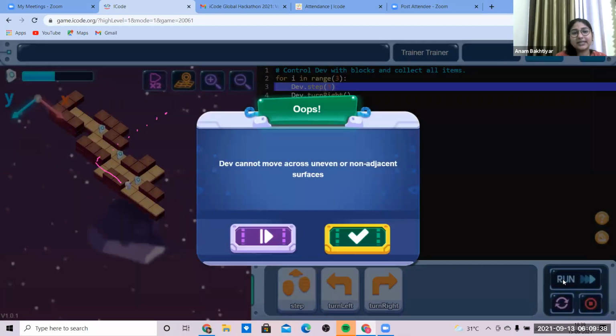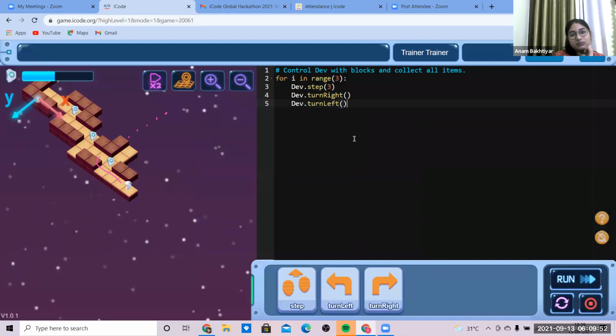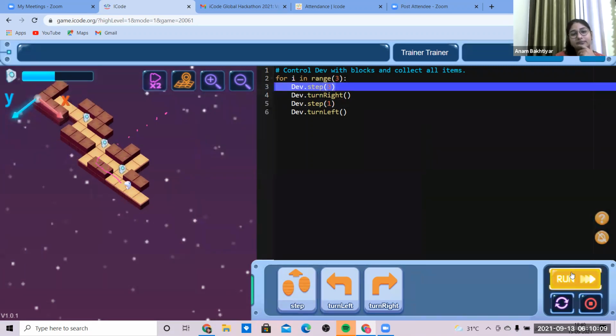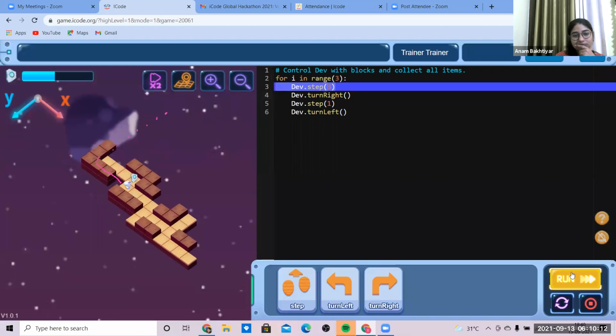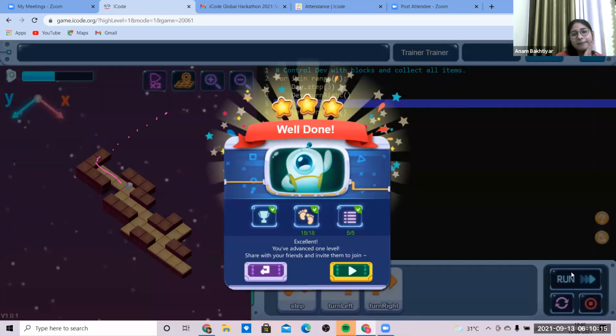Stuck. Because it has taken how many number of steps? 3 steps. Then it has to turn in which direction? It has to turn in right direction. But we had done that, and the for loop isn't working in it. But it should work. Dave is moving 3 number of steps. It should turn right and take 1 step that we had not taken. That's what our mistake is. Now run. And we are done. So this is how the things do happen.